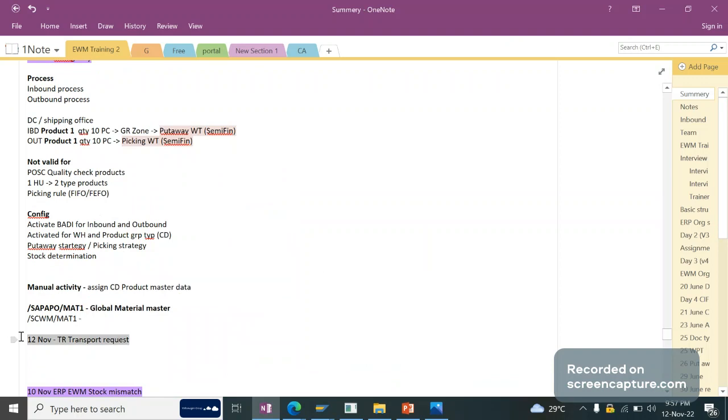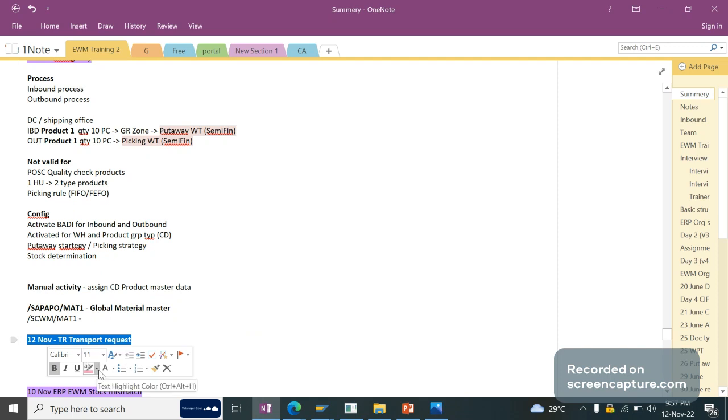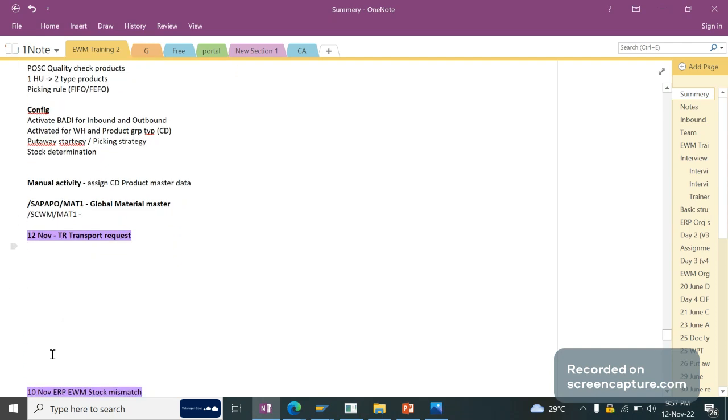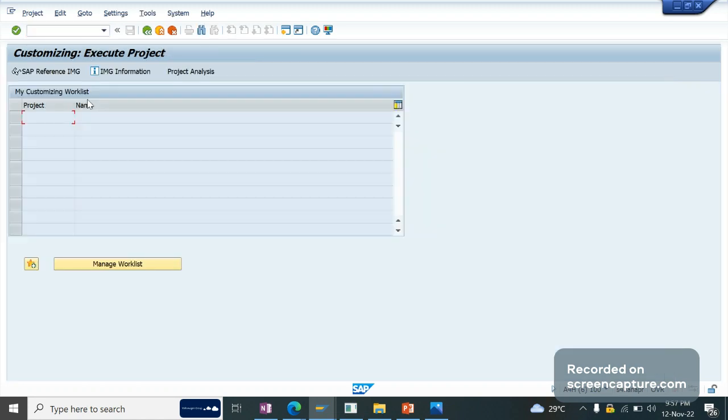Generally, whatever configurations we are saving, it is getting saved in a TR number. So whenever we are doing any changes,